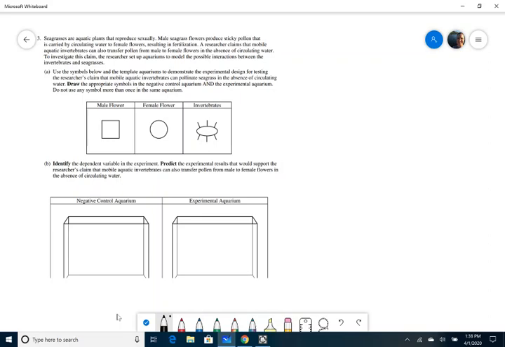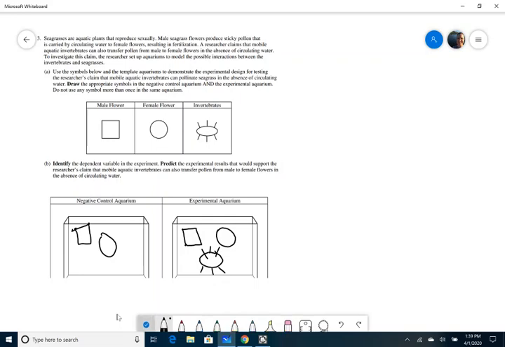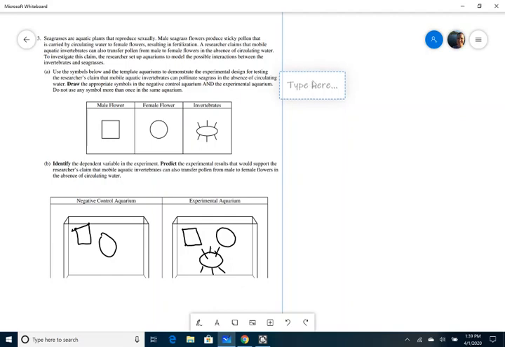And so if we go down to the little boxes, all you'd need to draw in the first one, for the negative control, is the square and the circle for the pollen and the flower. Then in the experimental, you draw those same two, and then you draw the little invertebrate thing. So that's all you'd need to do for part A. And then part B says, identify the dependent variable of